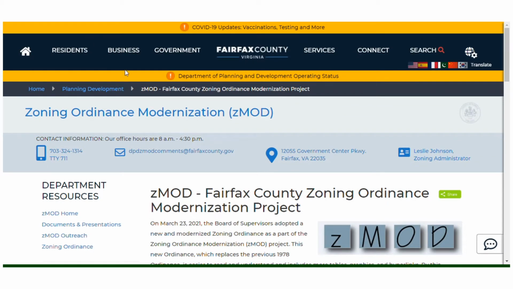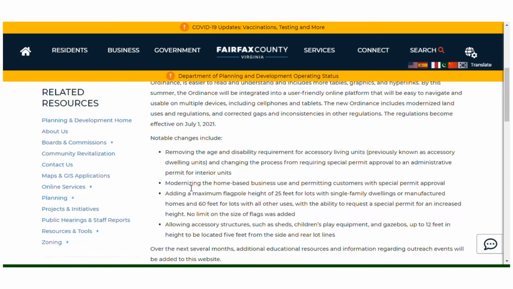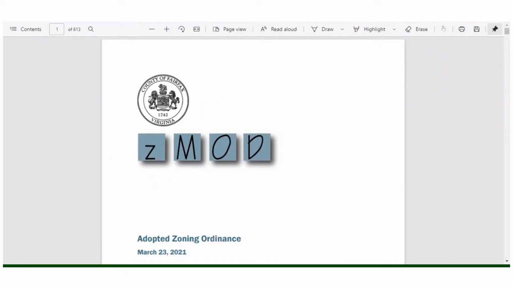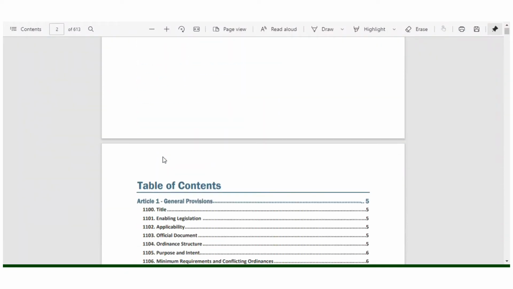Today I'm going to show you how to navigate our new adopted ZMOD zoning ordinance. First, head to our ZMOD website, our ZMOD homepage, and you can scroll through a little bit of the overview information and click on the Review the Adopted Zoning Ordinance link. That will take you to the cover page of the Adopted Zoning Ordinance, where you can scroll on down to